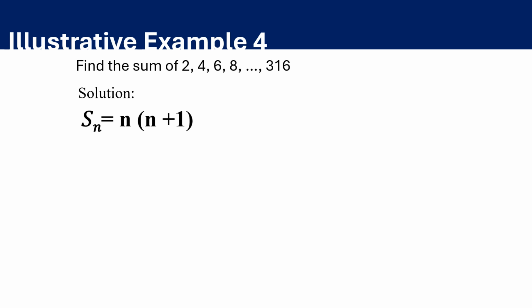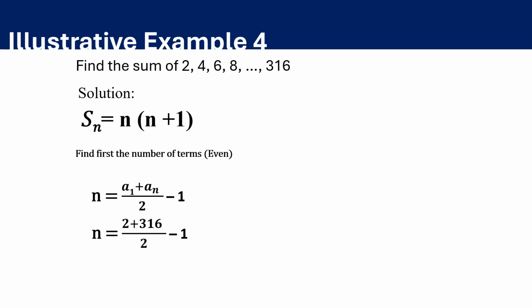So again, let's find n. In this case, for even numbers, n is equal to a sub 1 plus a sub n divided by 2 minus 1. So para mahanap natin yung n. Yung n again is your number of terms. So again, hindi naman 316 yung number of terms kasi may 1, may 3, may 5, may 7, pa nawala dyan sa sequence na yan. So, tatanggalin natin yun para mahanap natin kung ilan lahat yung number of terms na ina-add natin. So, that would be a sub 1 plus a sub n divided by 2 minus 1.